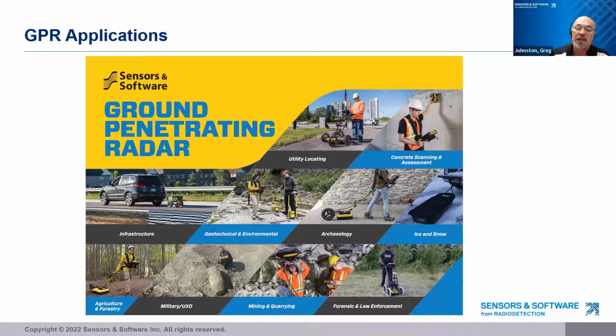Another popular application for GPR is scanning concrete to avoid embedded structural elements like rebar, post-tension cables, and conduits that could be carrying power cables. GPR is also used in other fields, scanning roads and bridges, geotechnical applications such as identifying sinkholes before they become a major problem, agriculture and forestry, mining, military applications such as detecting mines and unexploded ordnance, and GPR is used